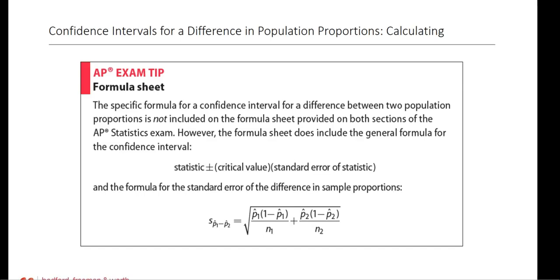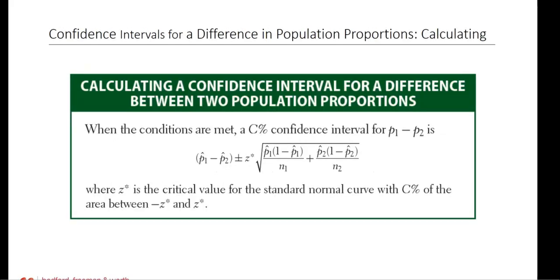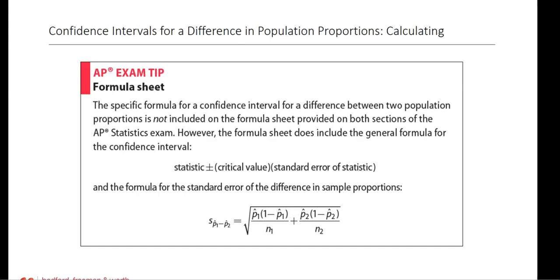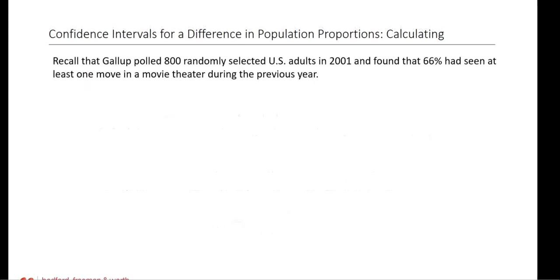On the formula sheet, you only have these two formulas to piece together the statistics. You have to realize we're doing a difference in proportions here, so the statistic is p hat minus p hat, the one minus the other one, and then the critical value is still the same, and then the standard error is this new formula. That formula is not on your sheet, so you have to piece it together from these two on the formula sheet. The generic formula doesn't really even say the difference there for the statistic, but it kind of works and reminds you what to do. Okay,